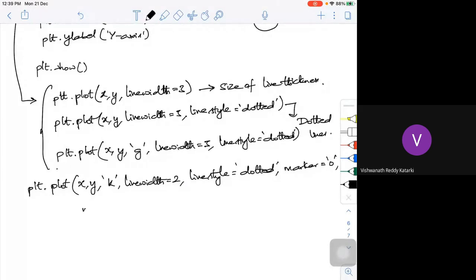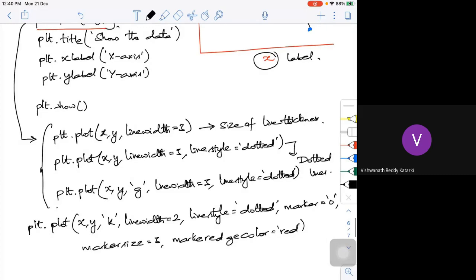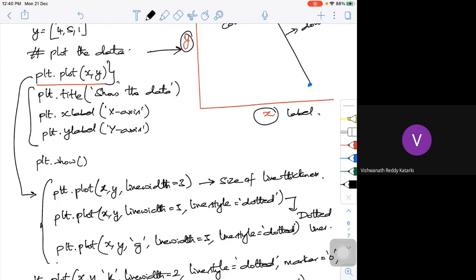Then marker size, let it be 3. Then marker edge color, so let me call this red. I'll close it. Then after doing this, you can put xlabel, ylabel, title, all those things. That can go before this also, it doesn't matter, but this line has to be defined.